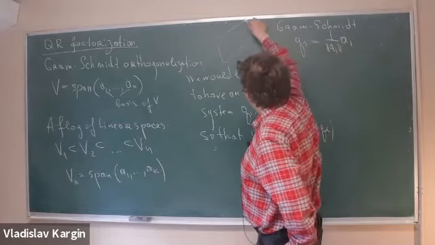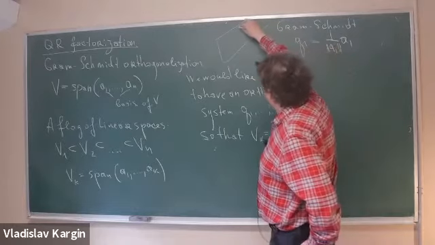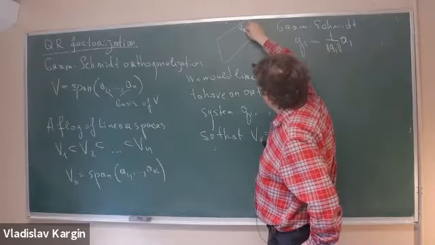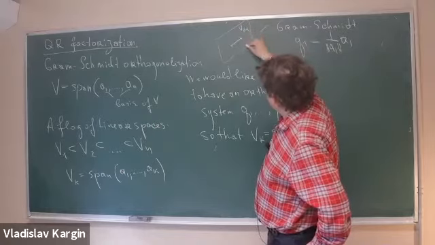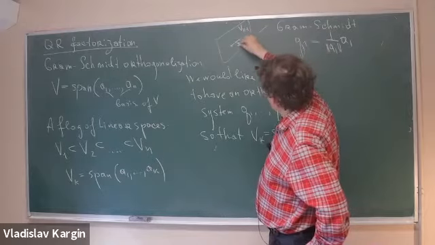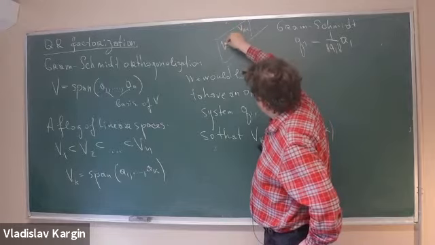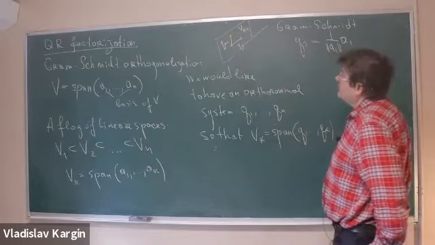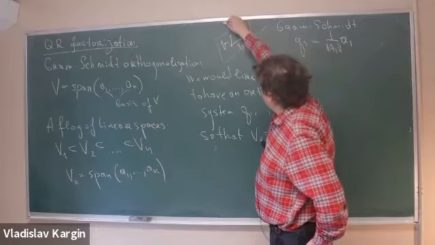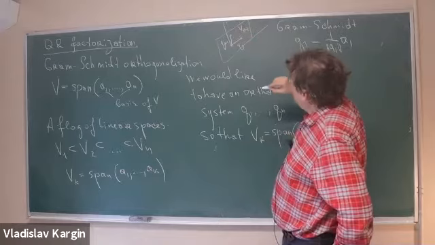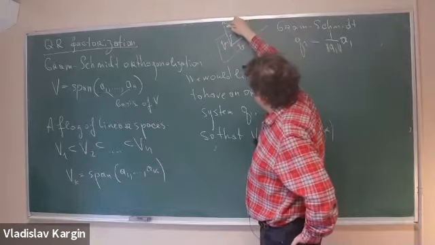You have Vk minus 1, and in this Vk minus 1 you have already chosen a basis, so you have a basis Q1, Q2, and so on, up to Qk minus 1. What you want to do is, you have Vk, which is this Vk minus 1 plus the additional vector Ak,